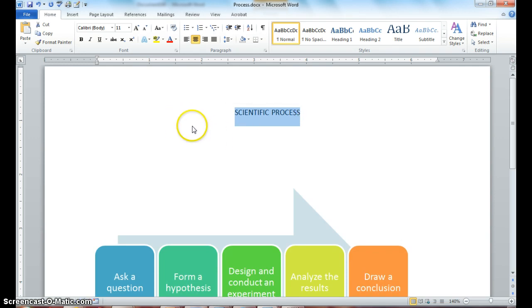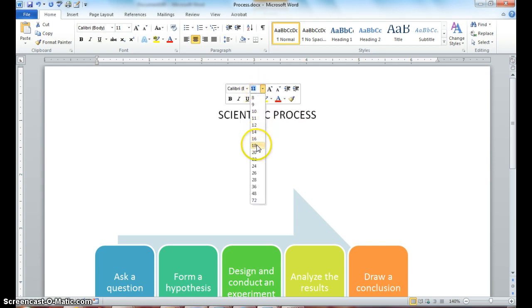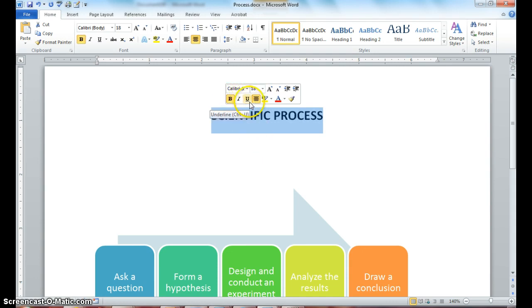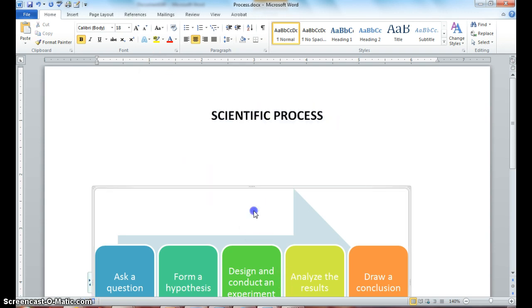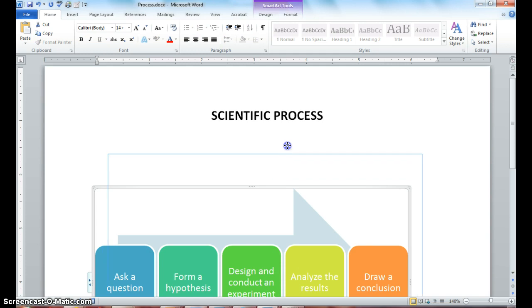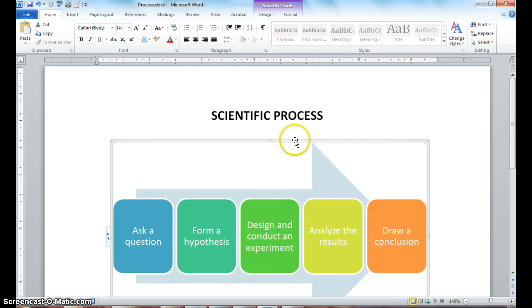And change your font size to 18 and bold. You can change the color, do whatever you want to format your title, and just kind of move your